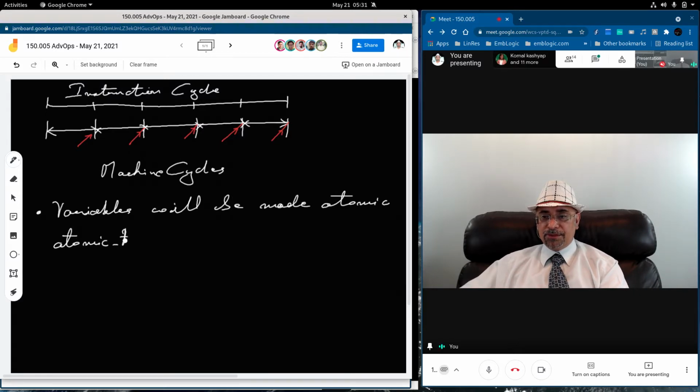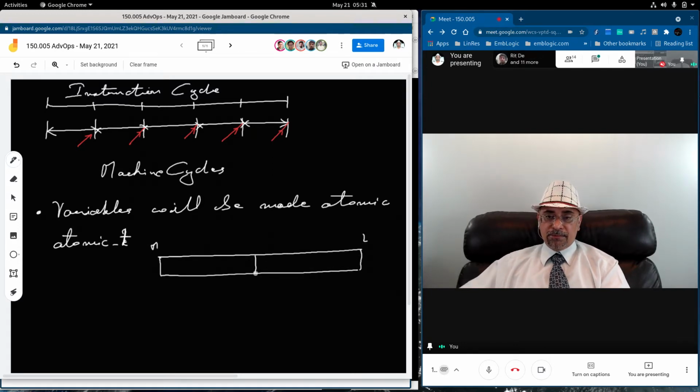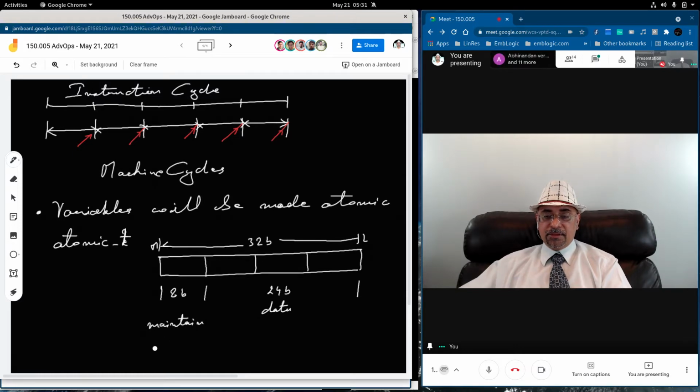This atomic_t variable is a 32-bit variable in size, out of which the lower 24 bits are used to store data, whereas the upper 8 bits are used to maintain atomicity.